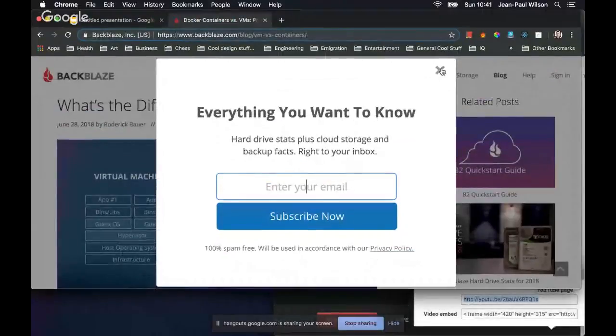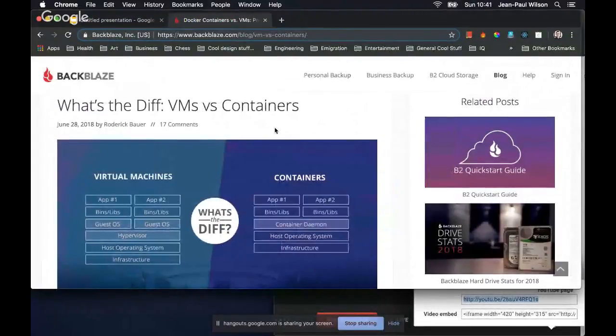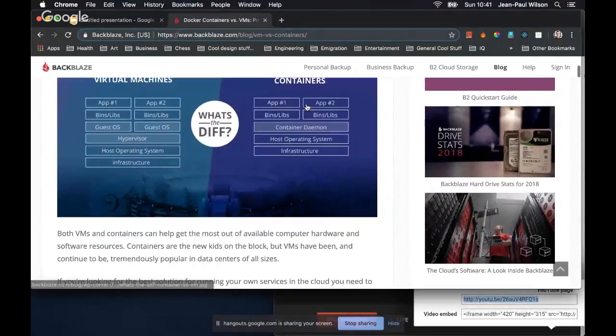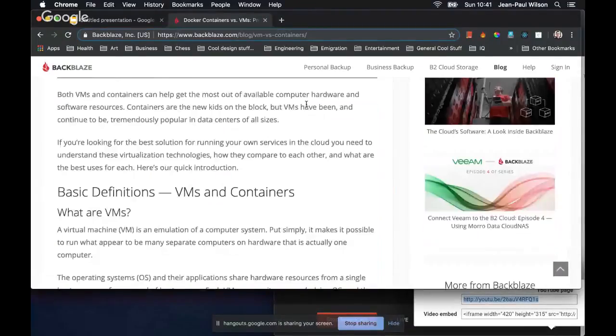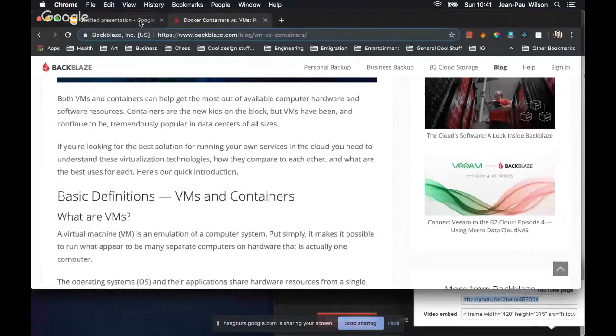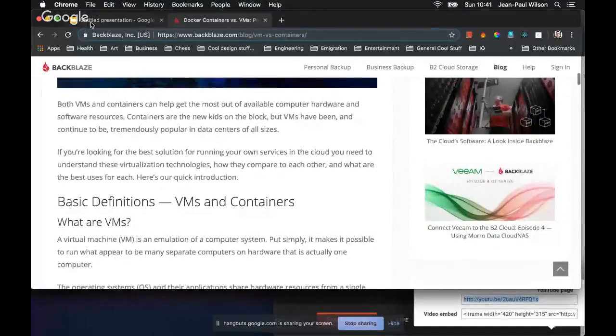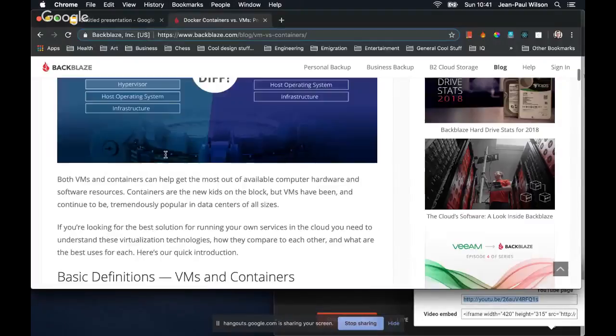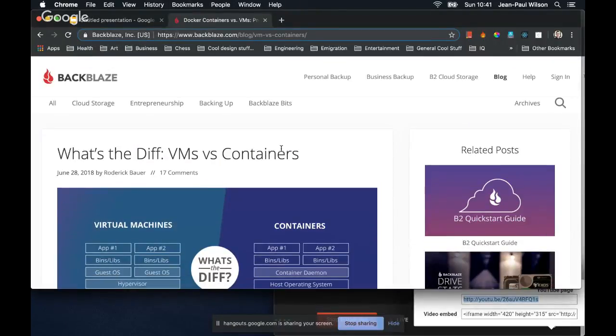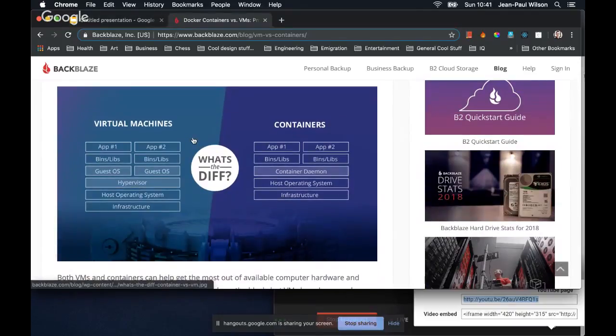Let me show you a few different sites that you can go to, which just show you the differences between virtual machines and containers. I would recommend going and taking a look at this. I don't want to reference a specific one, I would just Google differences between virtual machines and containers. Sorry, Docker is just the most popular container, but there's plenty of them. As you can see in this image over here,